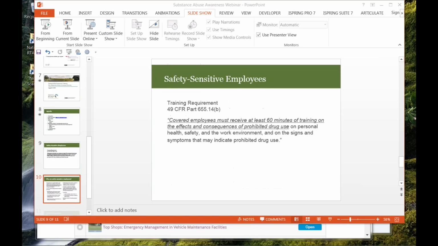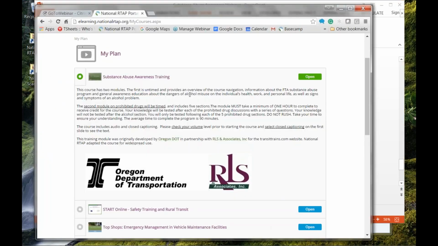So, with that said, jumping back into the course, here's the intro page. This training module was originally developed by Oregon DOT in partnership with RLS Associates, and it was hosted on the transittrains.com website that is no longer up. So when we got word that this training module was going to be taken down, we said, hey, we can use this training module in our LMS and make it available to rural and tribal transit agencies. And we said, great. So the team at RLS shared all the information with us, and we basically recycled it,